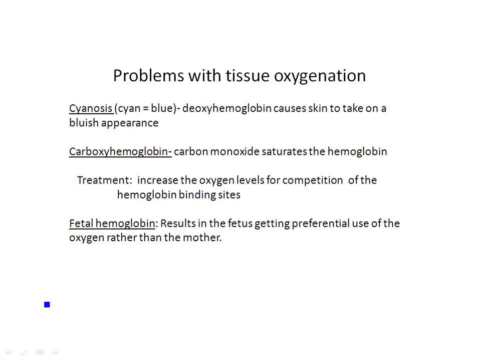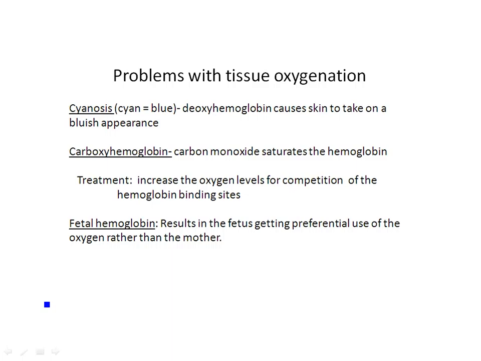Basically, what happens in carbon monoxide poisoning is that carbon monoxide has a 200 times greater affinity for hemoglobin than oxygen. So if you put oxygen over here and carbon monoxide over here, 200 times more of the carbon monoxide is going to get onto your hemoglobin molecule, and oxygen gets left out. If oxygen gets left out, then you're not delivering oxygen to your tissues, and so your tissues will